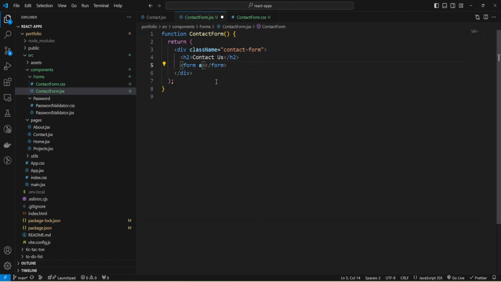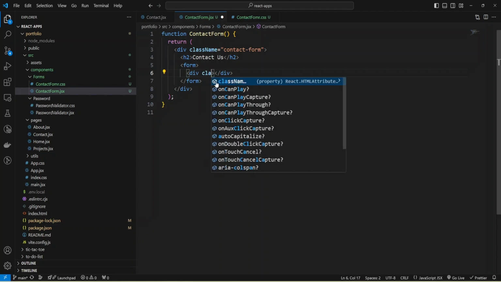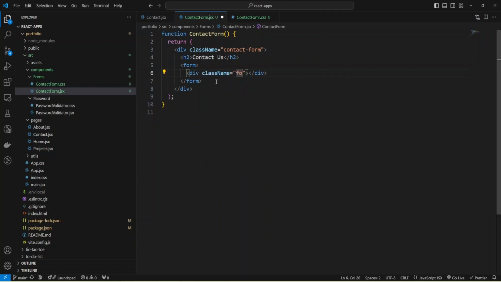I'm going to handle it in React code, and now I can provide a div with className form-group, and I'm going to add styles later, and inside this group I'll have a label with htmlFor name, and provide the text Name. And this field will be required, and I'm going to mark it as required.